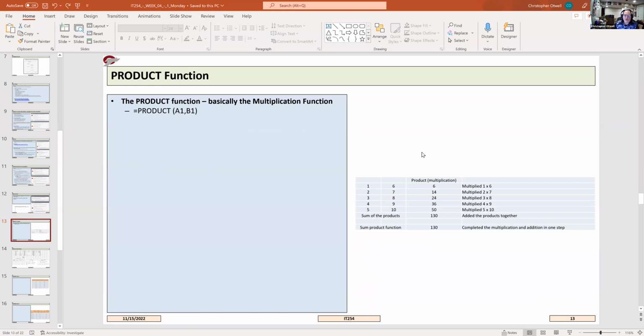Now, there's something called the product formula. The product function is written like this, where you go product and it's a cell, comma, cell. Effectively, in this context, cell A1 would be the 1, B1 here being the 6, and you can extrapolate on down. So in that case, it's 1 times 6 multiplied out. That's what product does for you, right? It takes 2 cells or any number of cells, because you can actually have multiple